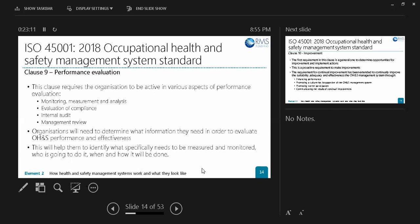So for this performance evaluation, they need to know who will do this performance evaluation, when they will do it, and what the frequency will be. So for our system, we need to evaluate that. We need to check the standards, but we need to check those standards by competent persons. We need a proper program for that performance evaluation. Okay, so